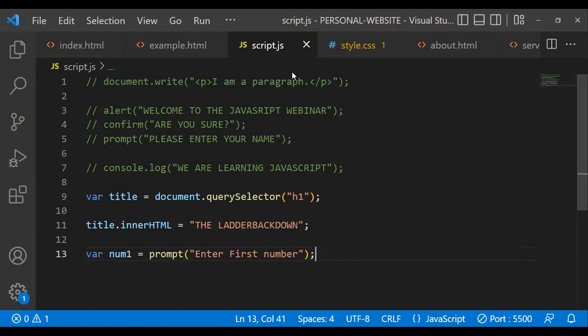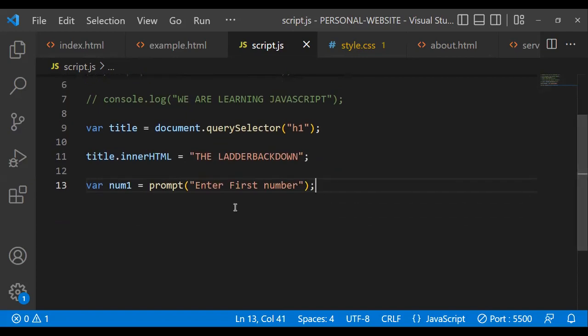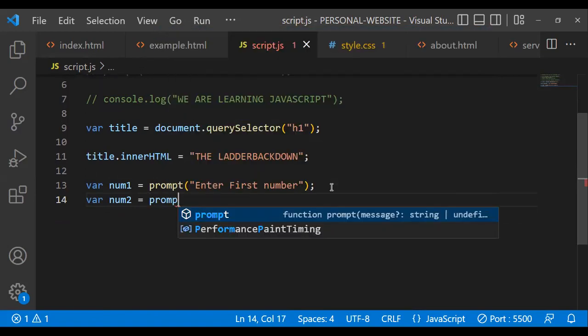So, how you can use JavaScript to add two numbers together. Then I have a num2, like the second number. It can be any name you like, but num2 looks conventional. So num2, I'm going to prompt